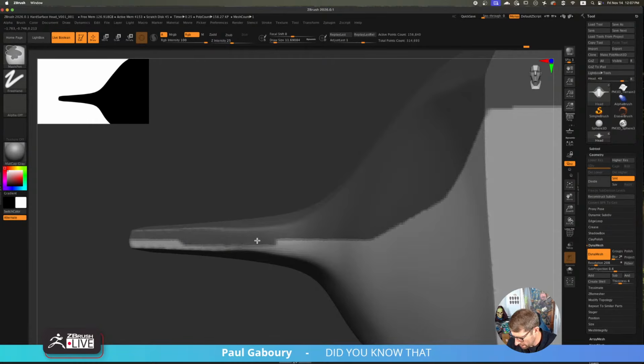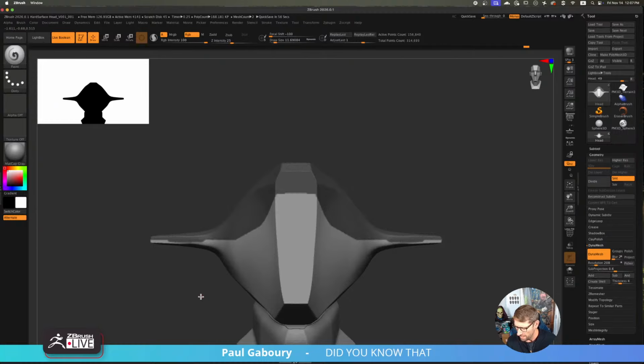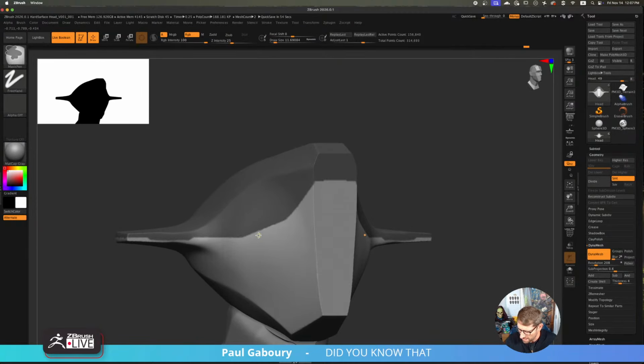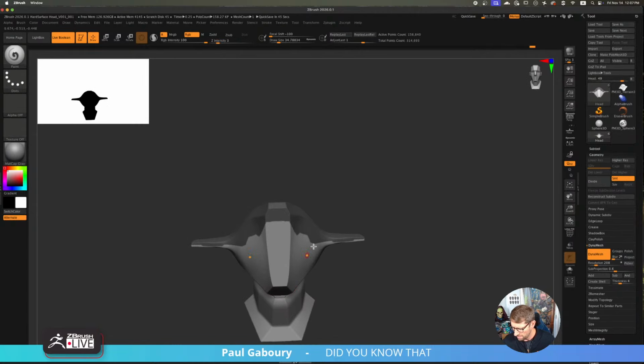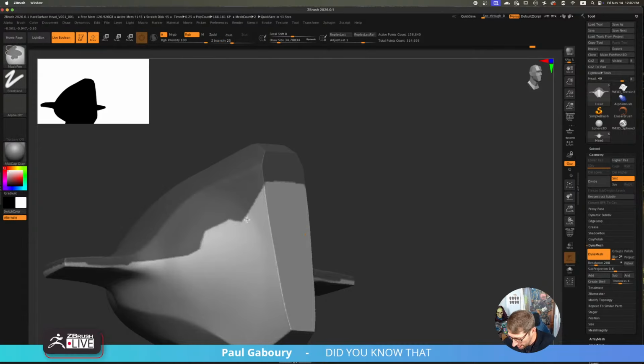I really like to try and figure out ways I can make what I like to call overlapping hard surface topology. I think it just makes things a little bit more interesting when I'm looking at a final model here, right? I just find that a little bit more appealing to look at.